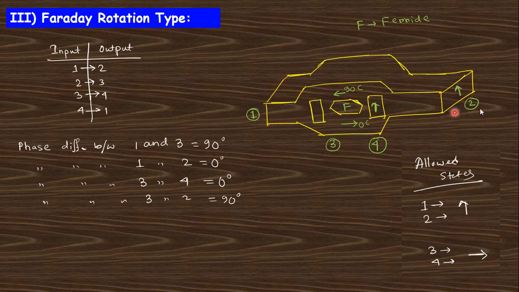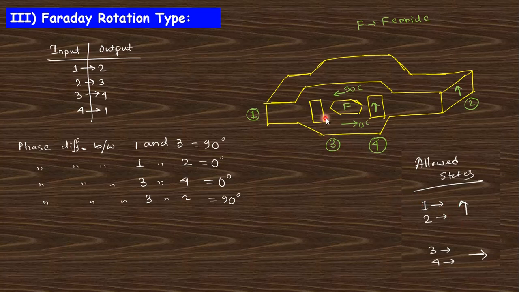And you can see there is an allowed state when this is perpendicular. In the case of ports 1 and 2, these are the allowed states, but in the case of ports 3 and 4, the component of the electric field, when the electric field is like that, the phase will be along that, which is perpendicular to the other. These are allowed for ports 3 and 4, and they are perpendicular compared to 1 and 2. You can see this is the direction along that. So in the case of this Faraday rotation type, for ports 1 and 2, when the electric field is along this direction, that is perpendicular, then this will be allowed, that means we will get output.